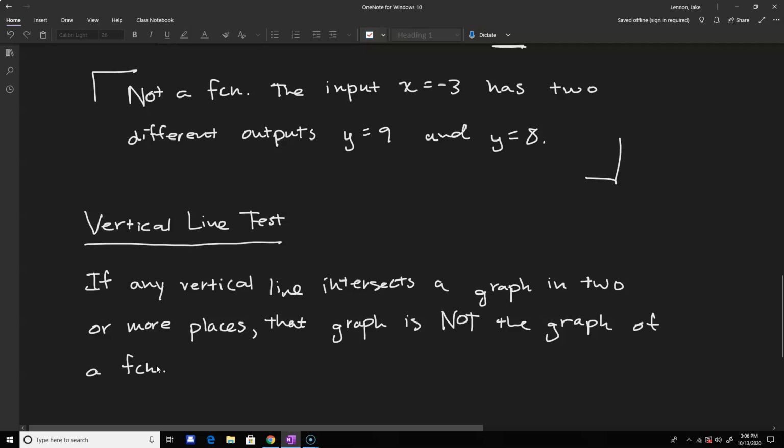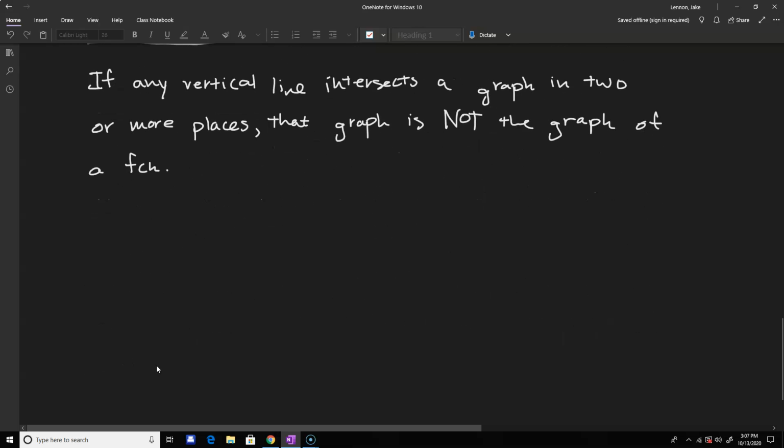So what this does is it doesn't necessarily tell you what a function is, it tells you what a function is not. So we can think about it. If we see a picture and vertical lines only hit the graph 0 or 1 times in any place, then that would be the graph of a function. So we can draw lots of pictures, lots of things that we look at and just use this to determine if it's a function. So example,